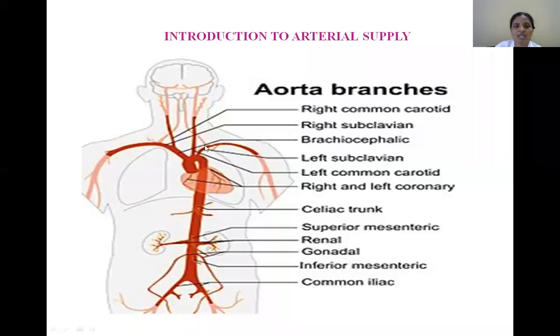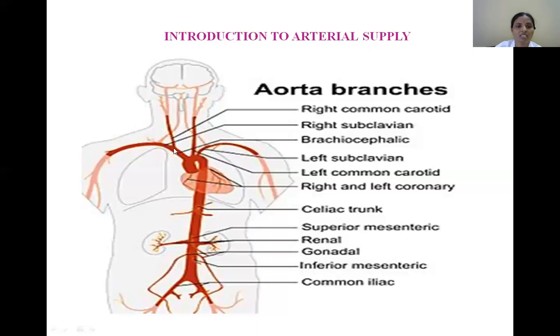So what are these three branches? Here you can appreciate the rightmost is the brachiocephalic trunk. The brachiocephalic is actually an unnamed branch; by its course, we give the name brachiocephalic. Why is it given this name? The brachiocephalic trunk further divides into the right common carotid and the right subclavian artery. So it is named as the brachiocephalic trunk, as you know already, right?